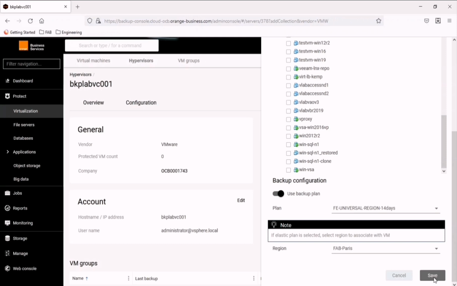Once you select plan and region, click on save.